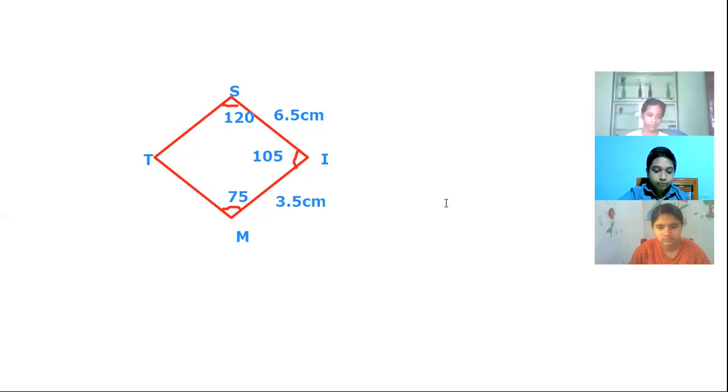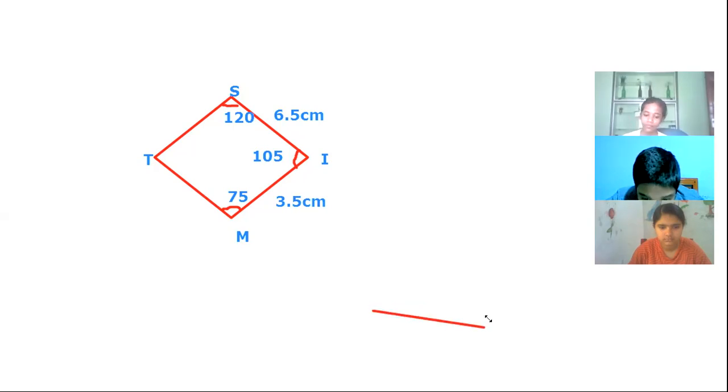Look at the first step. What do we have to do in our first step? What choice do you make for the base, and what is the first step? We have two adjacent sides, and we have to choose either MI or IS as our base. Okay, here we are going to draw the line MI first.